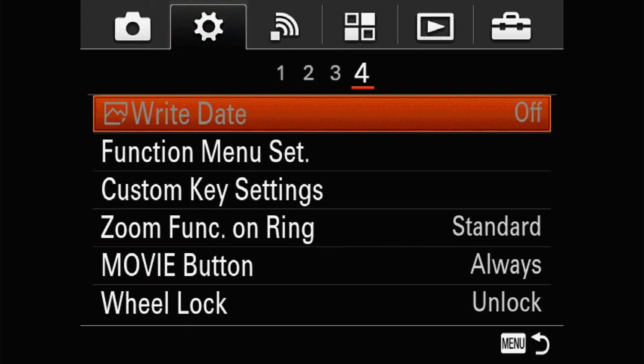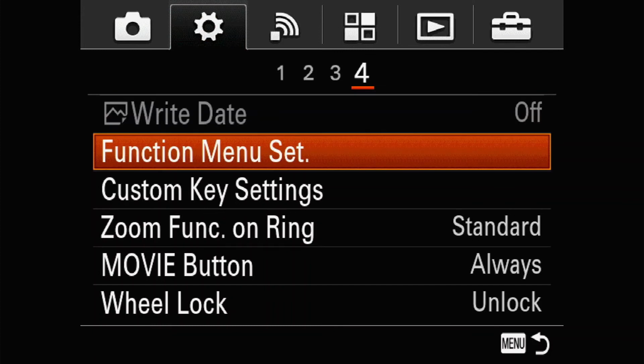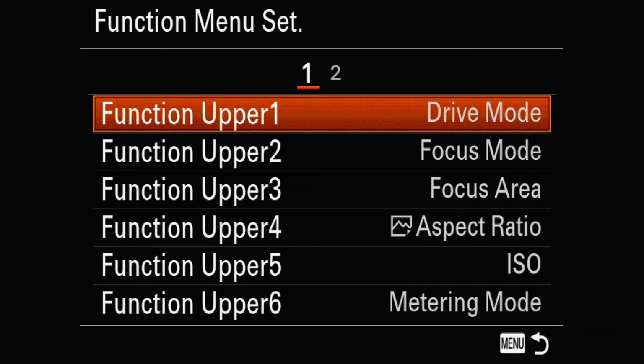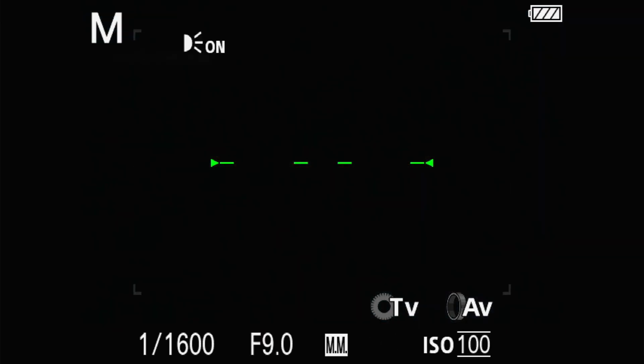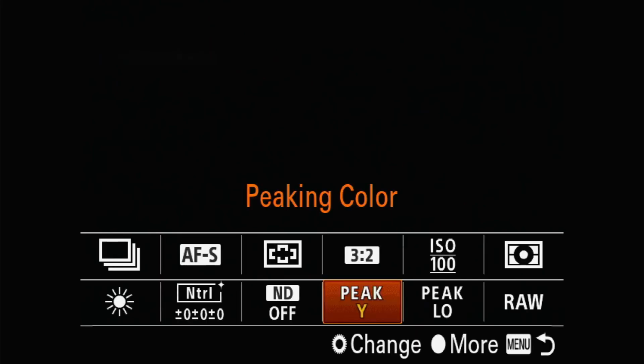Then we have function menu settings. We have various menus which are available to set. We have a small key on the back side of the camera, that is the FN. So you can define the function menu settings based on the criteria which are available. When I'm in the shooting mode and I press the FN key, you will see that there are two rows displayed on the screen.